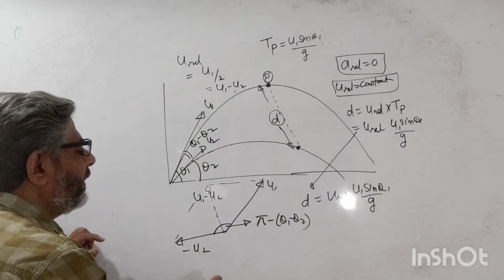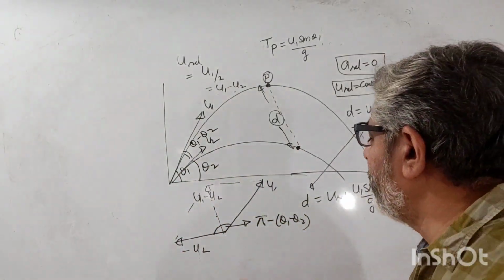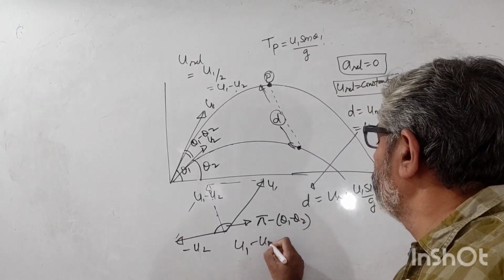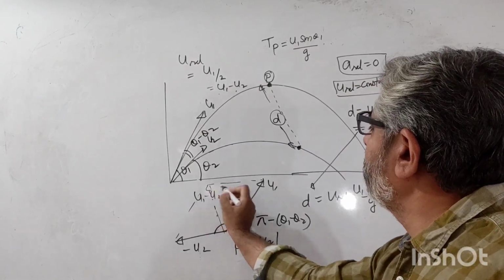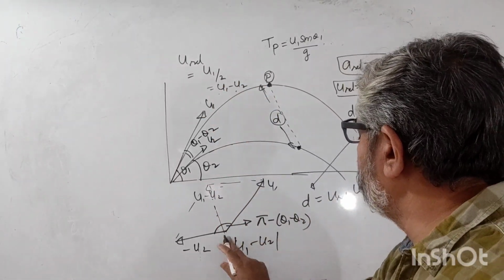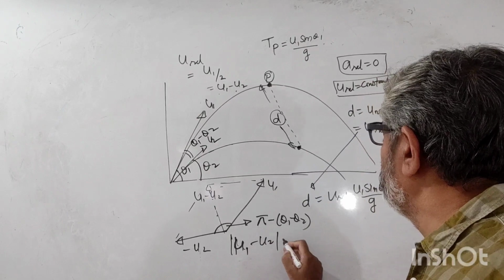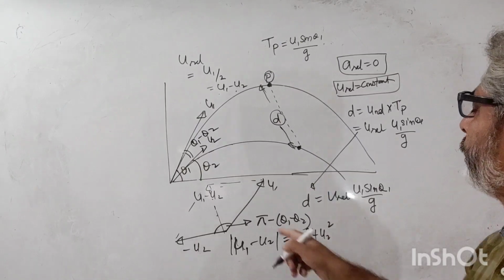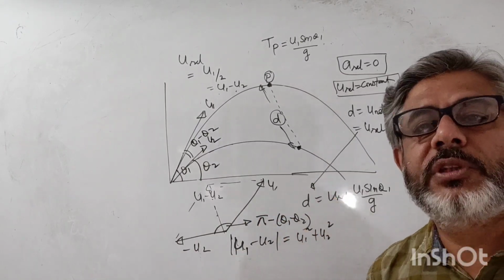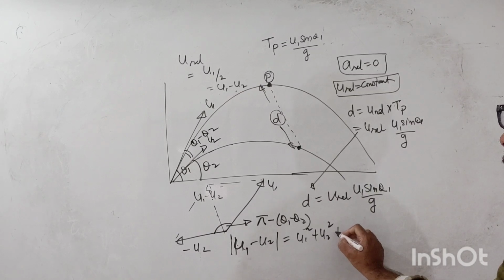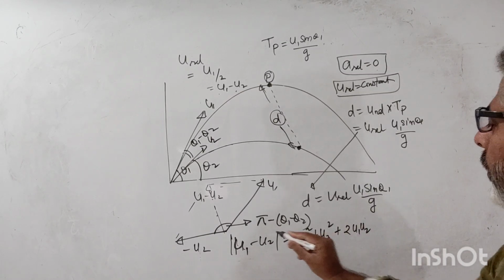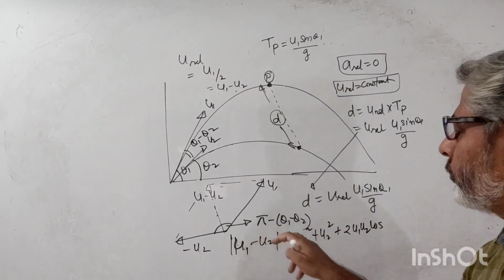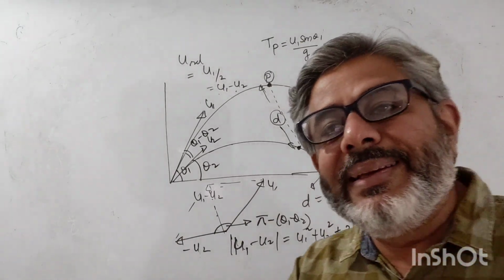And so the relative velocity is nothing but, if we write the value of this, u1 minus u2 magnitude, and remember these are vectors. I am not putting vector signs, but everything is vector. So u1 minus u2 magnitude by the parallelogram rule is a square plus b square plus 2ab cos theta. So plus 2u1 u2 cos of this angle. So this is 180 minus this, and cos of 180 minus theta is minus cos theta.